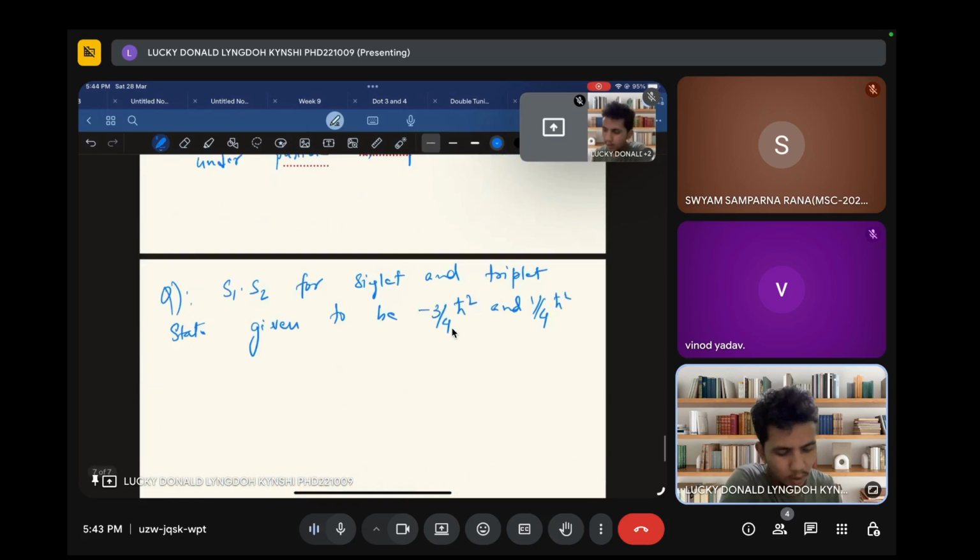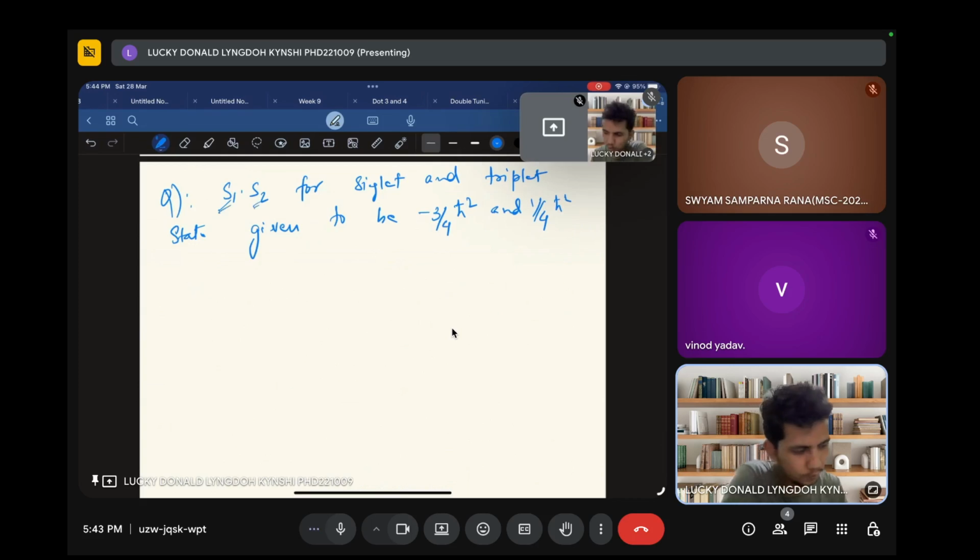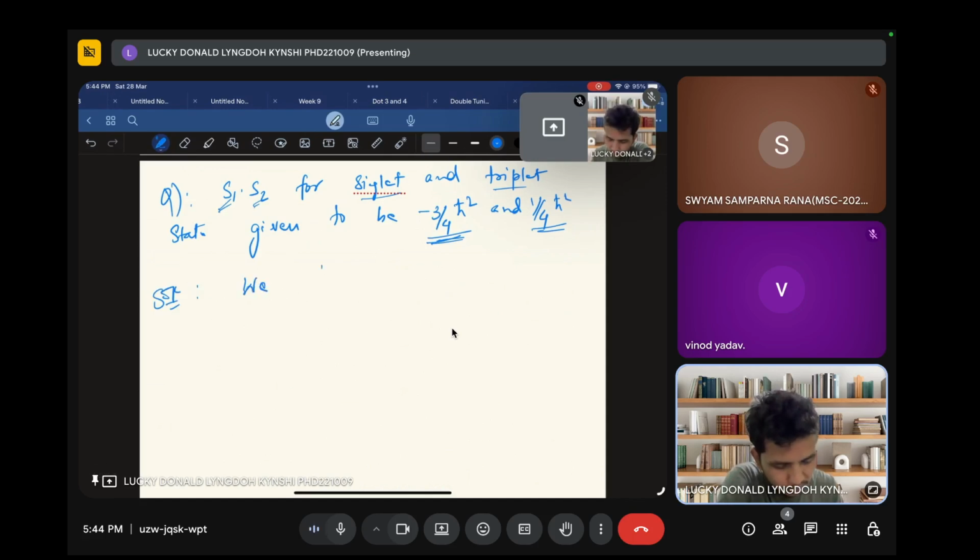Okay, now the question also asks, can you find S1 dot S2? So S1 dot S2 is the product of this. Calculate S1 dot S2 for the singlet and the triplet state, given to be this one. Or in other words, we have to prove that S1 dot S2 for a singlet is minus 3 by 4 h cross square, whereas for triplet it is 1 by 4 h cross square. So how do we do that? We use our concepts. We define